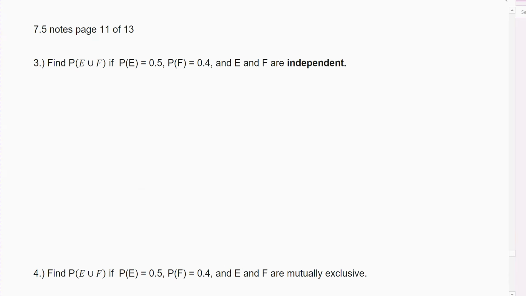Okay, so this is the last couple of pages of the 7.5 notes. So finally, we're almost done. 10 videos in, 13 pages of notes through, which are just going to be looking at applications of independent events